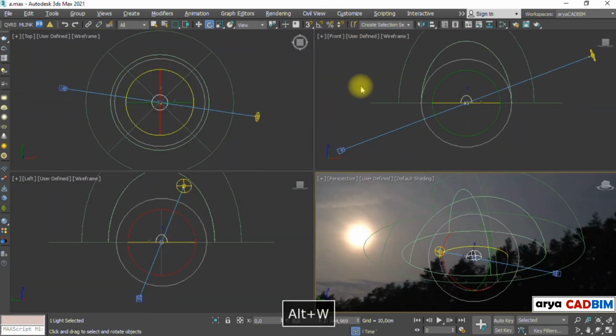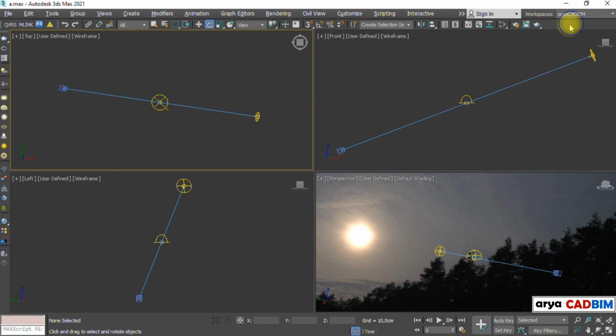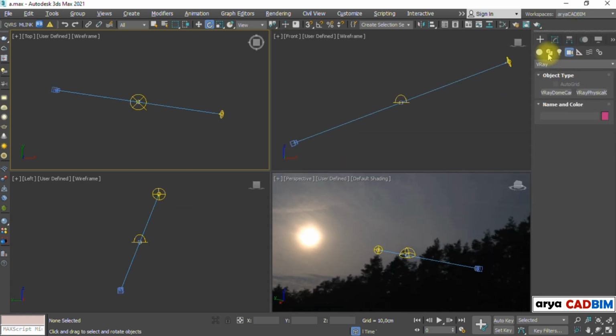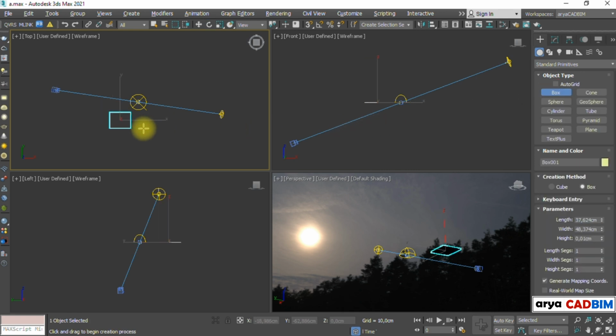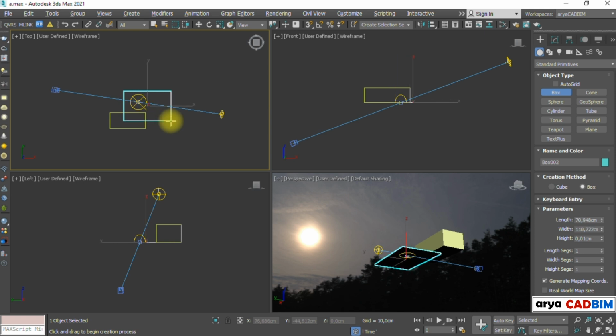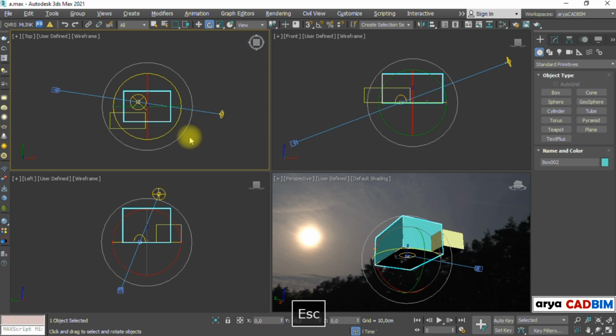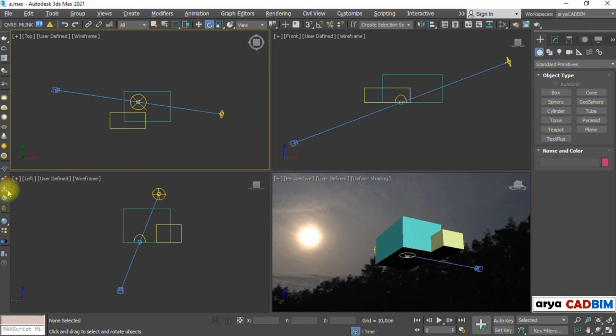Now before ending this tutorial, there are two more things I want to show you. Let's create a simple scene for this. A couple of boxes is enough. Let's add a V-Ray plane.